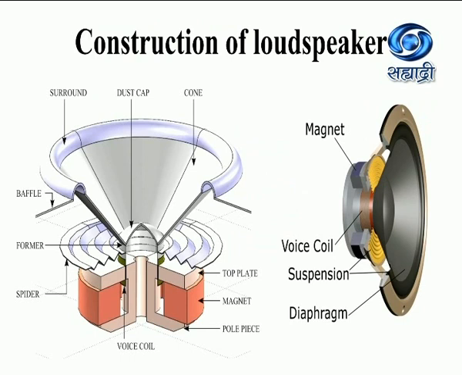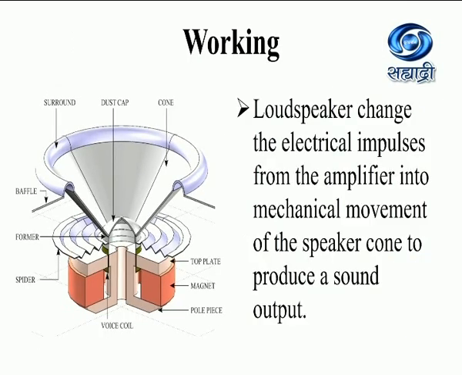If you observe this diagram, we have the voice coil, then after that voice coil one magnet is connected at the top plate, then after that the spider is connected, one former is there, and after the cone we have a dust cap around that paper cone. If you observe the second diagram, this is the actual picture of a loudspeaker which is used in instruments. So let's start with the working.